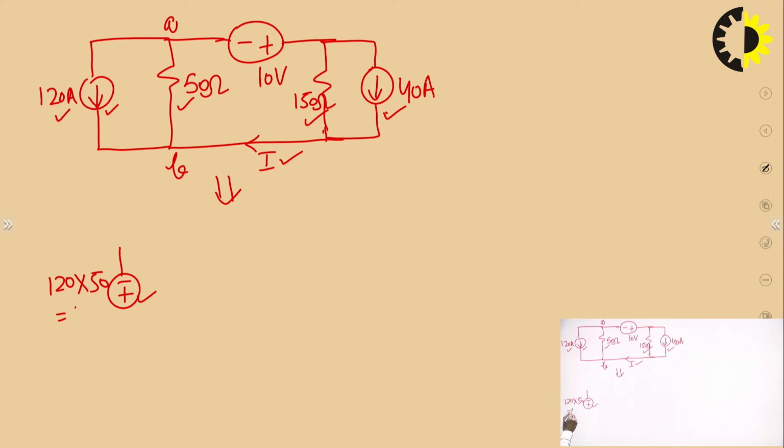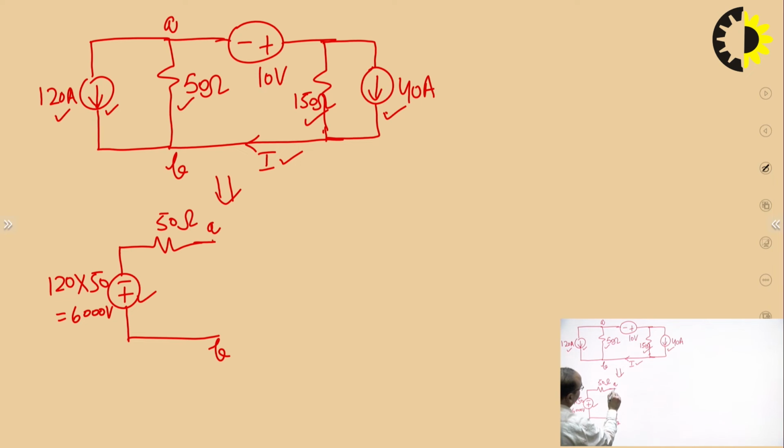So, this becomes 6000 volt. And it is having 50 ohm resistance now in series with this across terminals A and B. Since the current source is also connected across terminals A and B, after this we are having this voltage source of 10 volt